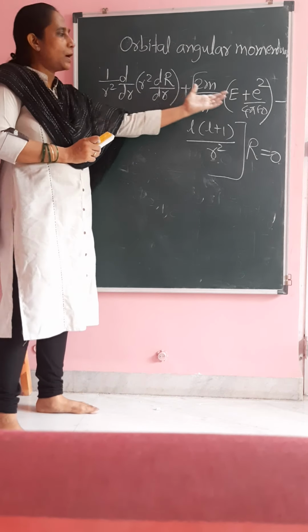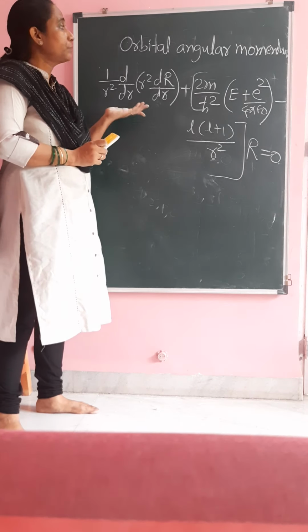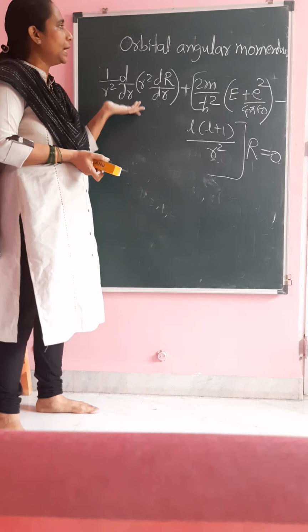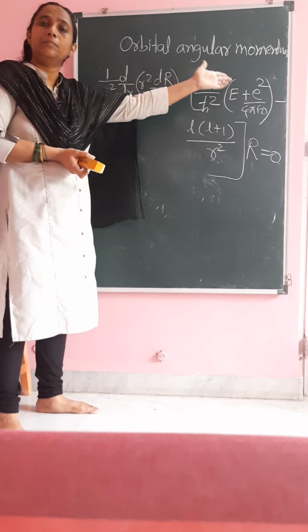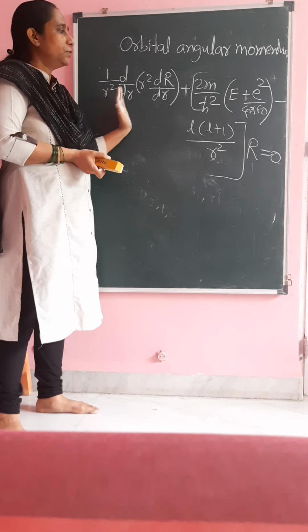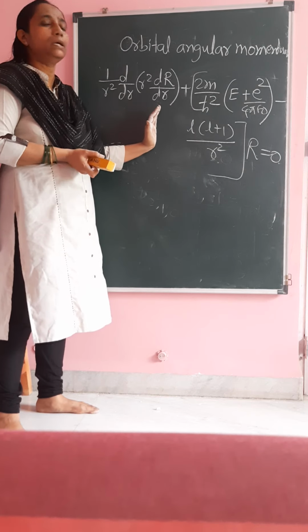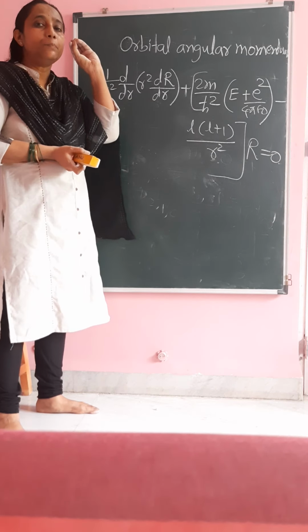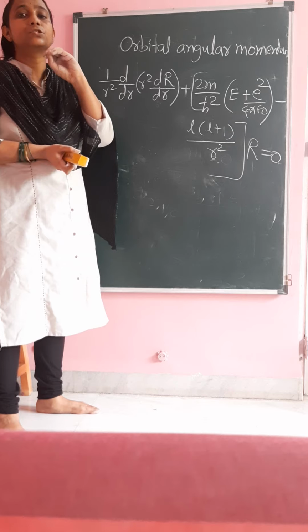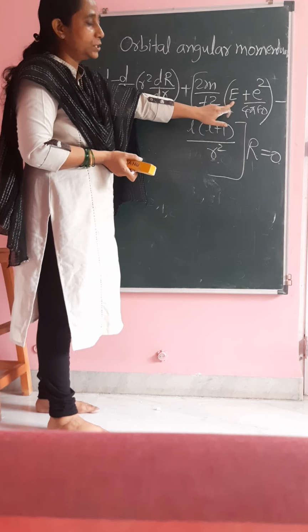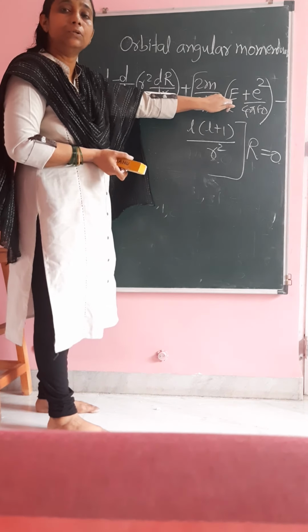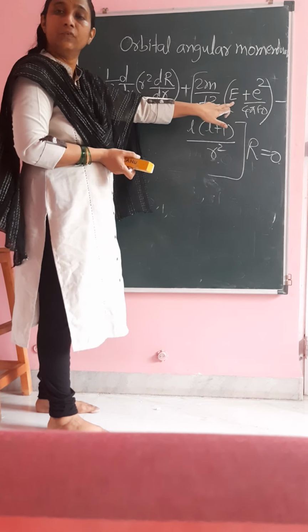Okay, so you have this as your R equation. Now what is our aim? Our aim is to derive the expression for orbital angular momentum. For that, we'll have to again go back to the concept that we want the purely equation in terms of radial form. For that, if you look at this particular term E, we will go back to the term E and then substitute over here.